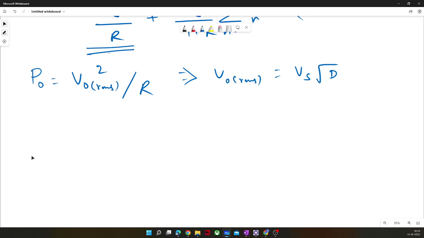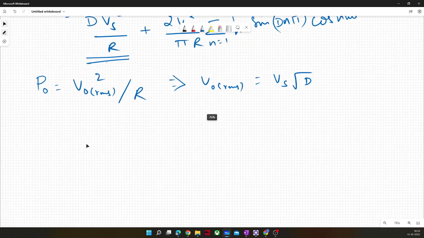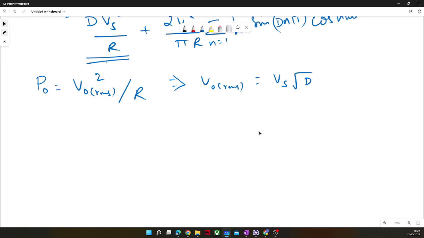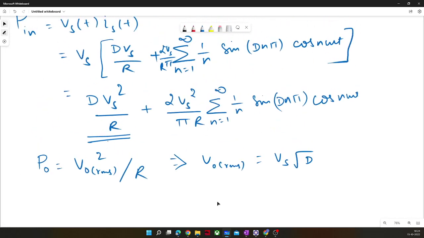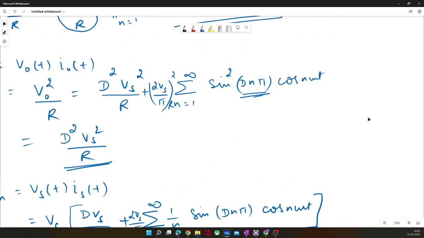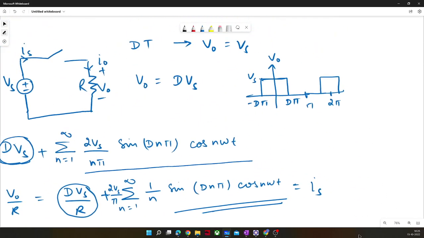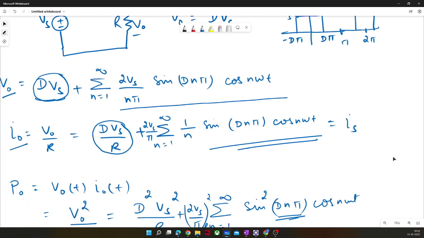So this was all about this kind of circuit, but we will use these expressions. Importantly, this one is very, very important. It will come very handy. This one,